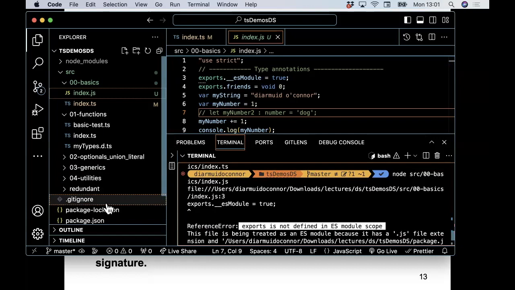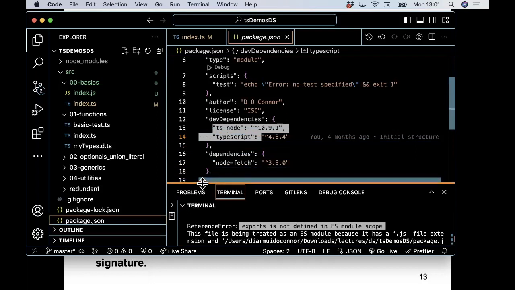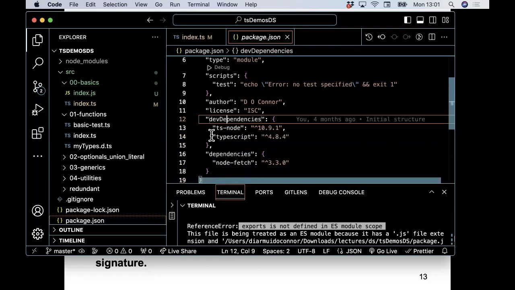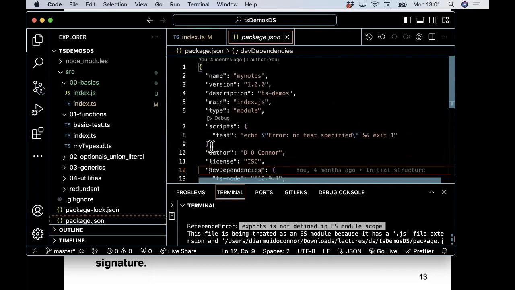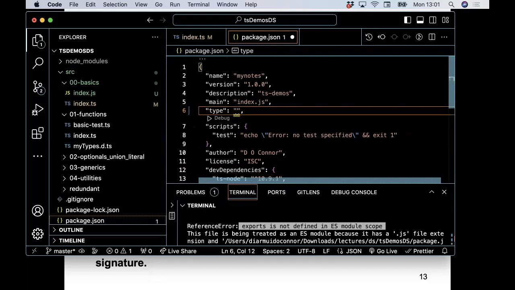Where it's getting that from is in my package.json. This is all kind of stuff that you don't really need to know now, but in the package.json, I have said that I'm using ES6 type import statements in my JavaScript. But the JavaScript that's generated by the TS compiler uses what's called CommonJS type import export statements. So if I change this to CommonJS, and again, you may not be familiar with CommonJS,